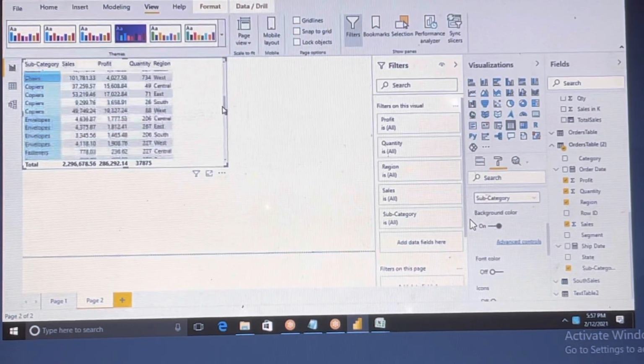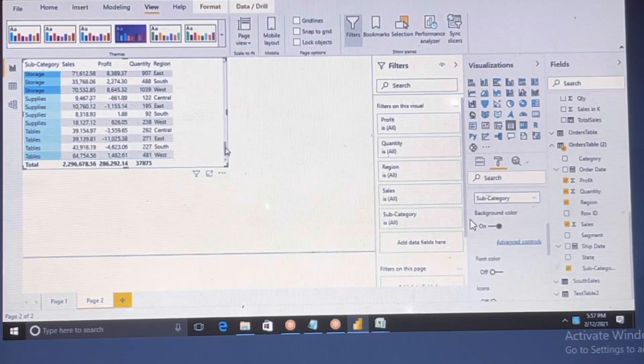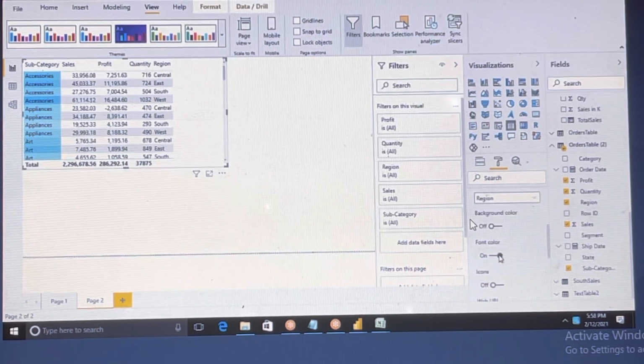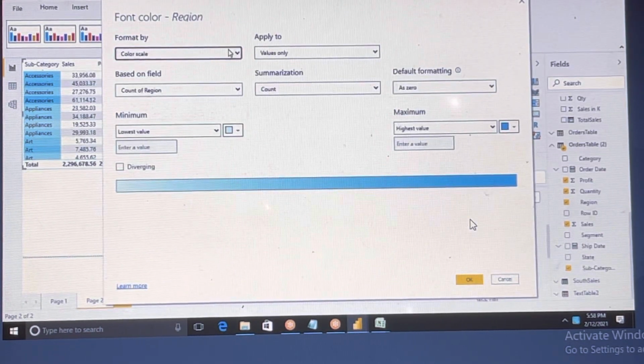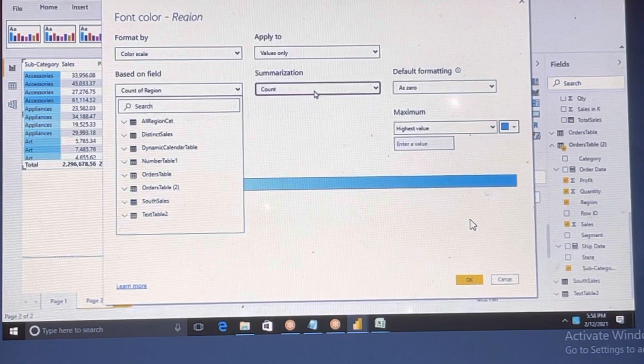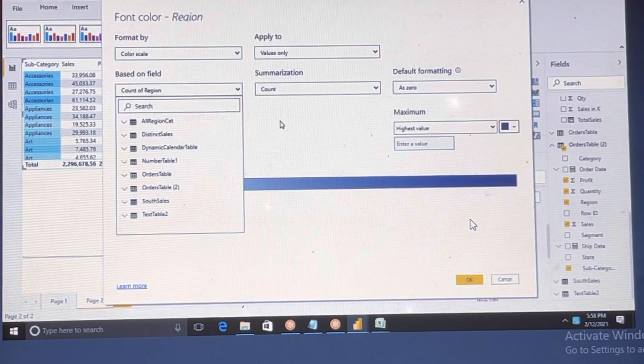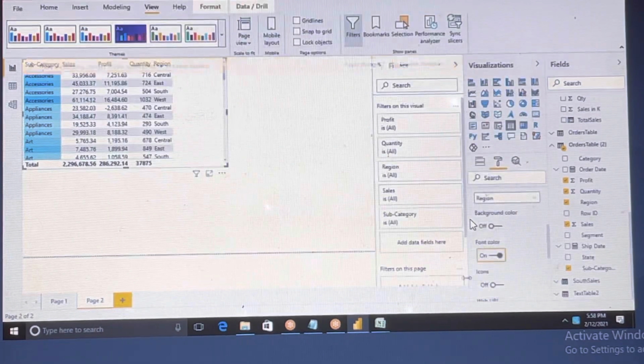First it will start from A, B, C and all. Now if you want some other for the sales, then you can use some font. Region also, font color, you can change it. There is a window, right? So you can apply based on this region. Count to distinct as 0. So some meaningful data you can use. Even if you don't want, you can change color too. You can click on open that window.